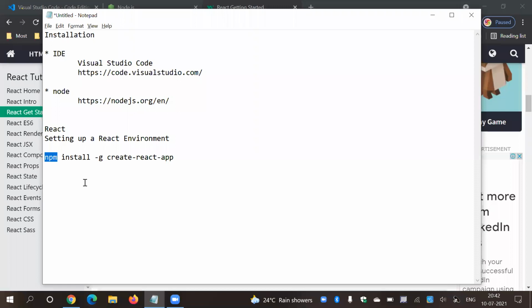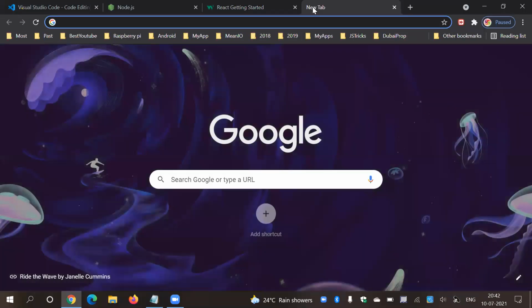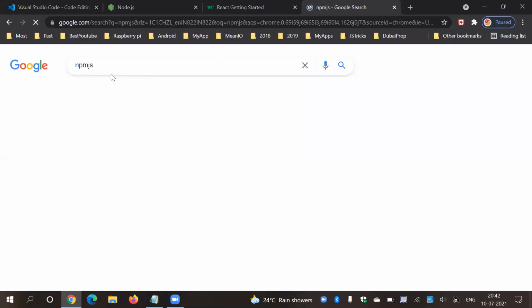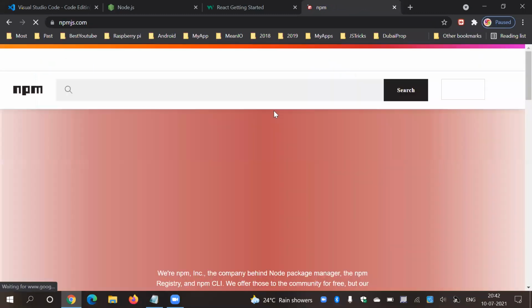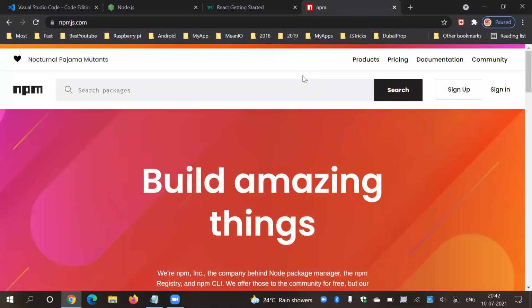There is a large set of npm packages available on npm.js, this site. So why do most companies and developers prefer this kind of framework? You know why? Because this framework supports a rich set of predefined libraries.